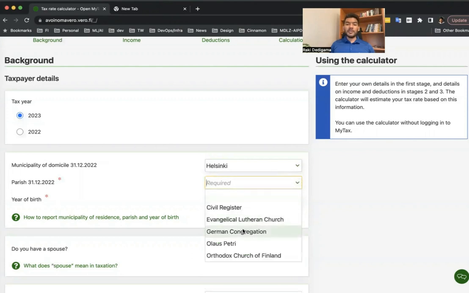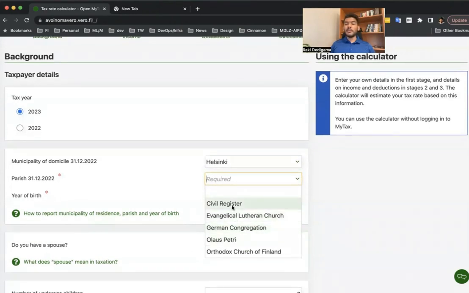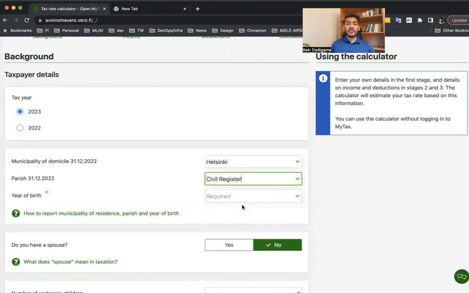If you belong to any of these churches, you can select them because I think there is a small tax percentage charged by the church that you belong to as well. But in my case, I'm going to leave this as a civil register. And if you do not belong to any of the churches, you can also just fill yourself as a civil register. And you are required to input your year of birth. I don't know exactly why, but let's just say I input something like 1990,